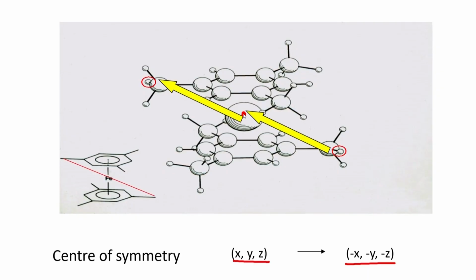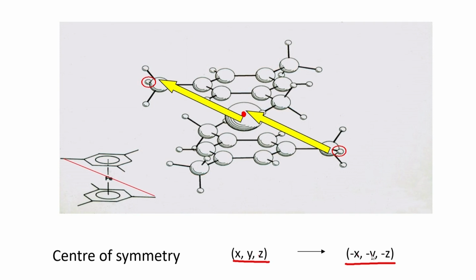So, the molecule symmetry and the lattice symmetry will both have to have a center of symmetry, because the space in which this molecule is now going to be put, either 2-dimensional or 3-dimensional, will have x, y, z going to minus x, minus y, minus z. Every point in this space will go from x, y, z to minus x, minus y, minus z. So, the molecular symmetry therefore dominates. This is how Kitaigorodskii observed it.